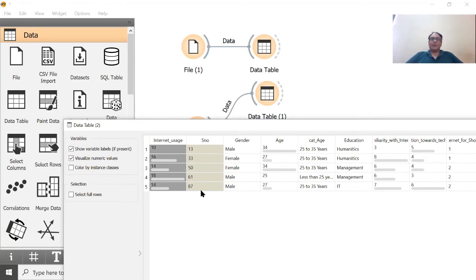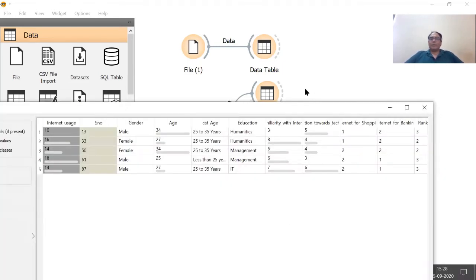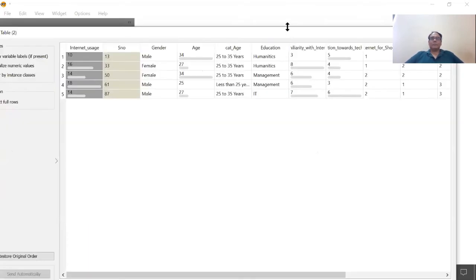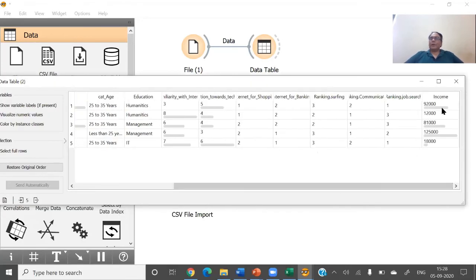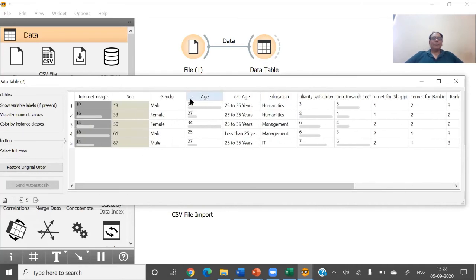Now let me check how they are abnormal. Okay, maybe they're abnormal with the income. So this person, I know that he is abnormal in terms of the income, and maybe because of age and internet usage, but internet usage is normal.